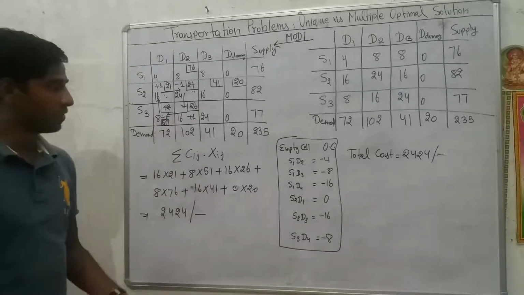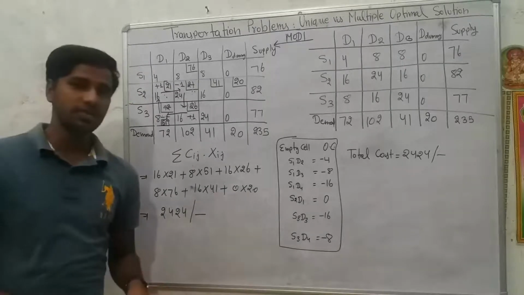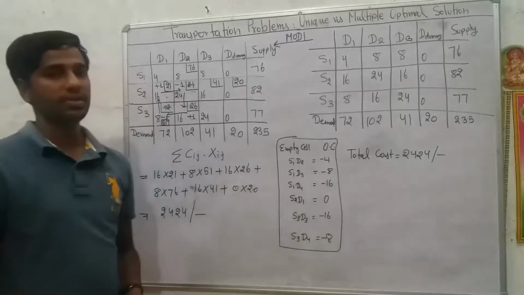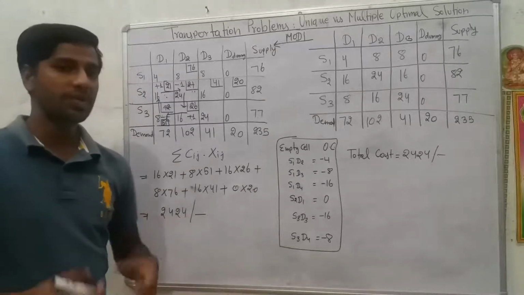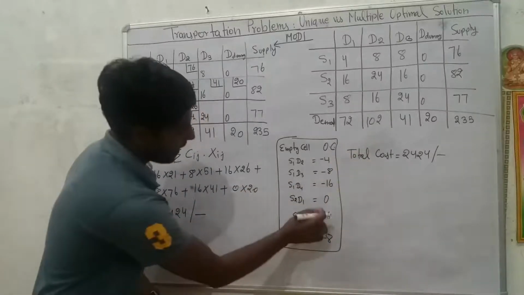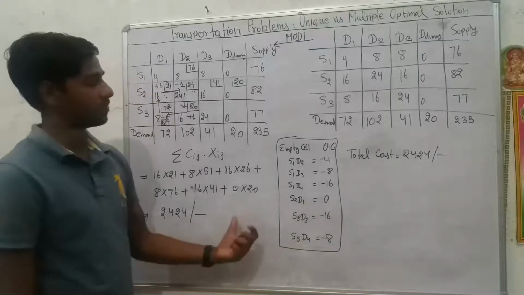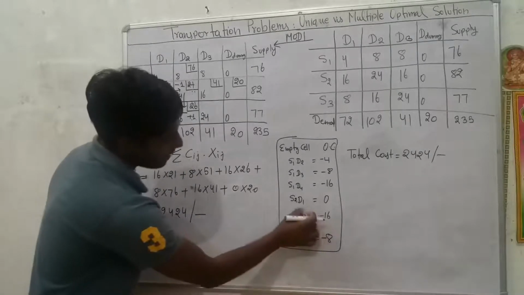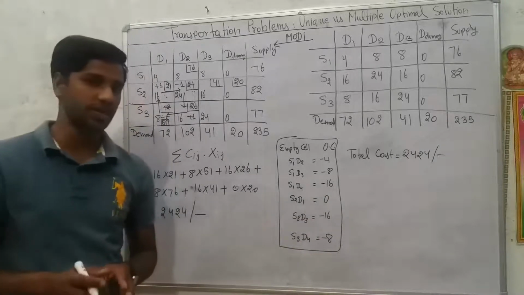So what is the meaning of multiple optimal solutions in a problem? It means we have more than one optimal solution with the same results, or the same total cost. To identify whether a particular problem has a unique or more than one optimal solution is simple. Look at the opportunity costs. If any empty cell has opportunity cost equal to 0, it means that the problem has more than one optimal solution. In this case, only one empty cell has a 0 opportunity cost. It means we have two optimal solutions of that problem.